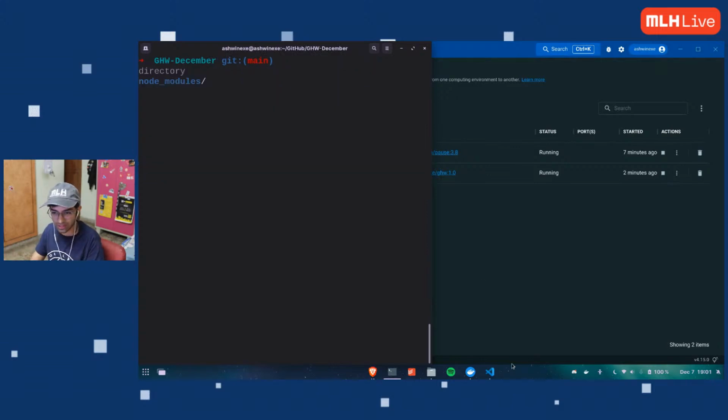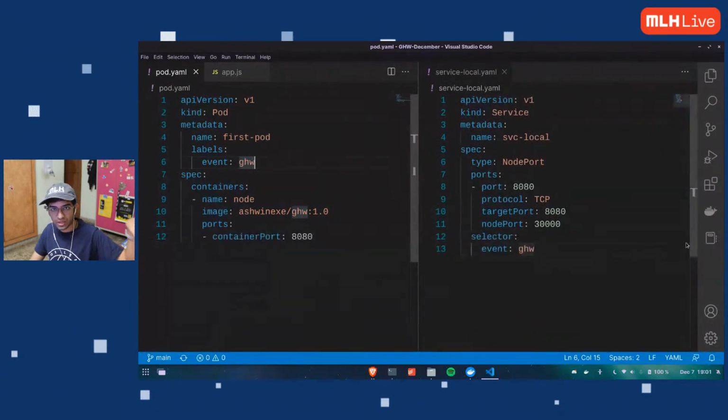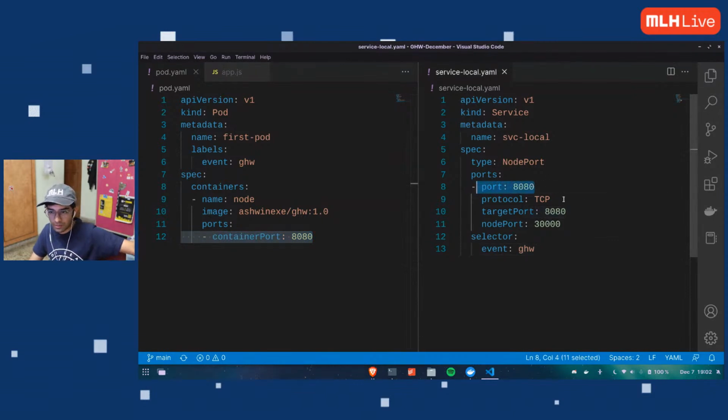There is a service which is forwarding the traffic from my container to my browser and from the browser to the container via these ports. There's the container port, which is open inside the container, the normal port of my website. Target port is exactly what the container port is, and the node port is on the outside. So if I put in 30001, that also works. I have to put localhost 30001.